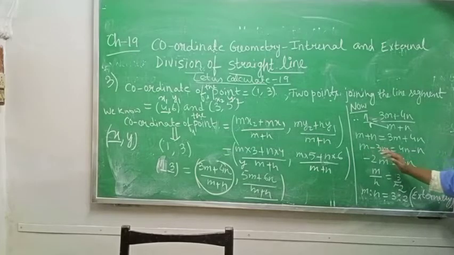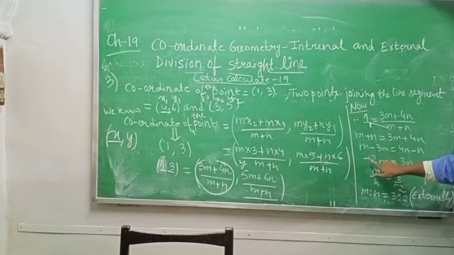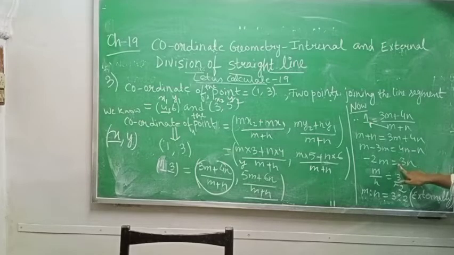And you know how to subtract. 3 minus 1, 2. And since you have the greater number 3 and with 3 you have minus sign, you have to put minus sign there. And here 4n minus n, you will get 3n. Understood this one? Because 4 is the greater number, so we have to put positive sign. If there is no sign, it means positive only.